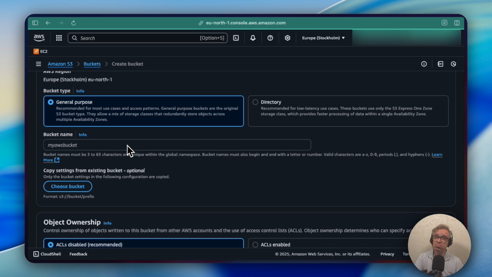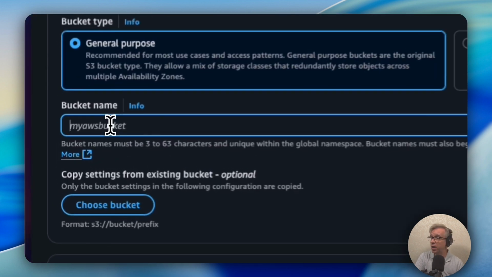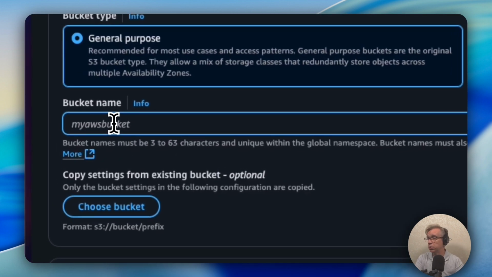Briefly speaking, it should be DNS friendly. So my bucket name here will be, let's say, Cool DevOps bucket,